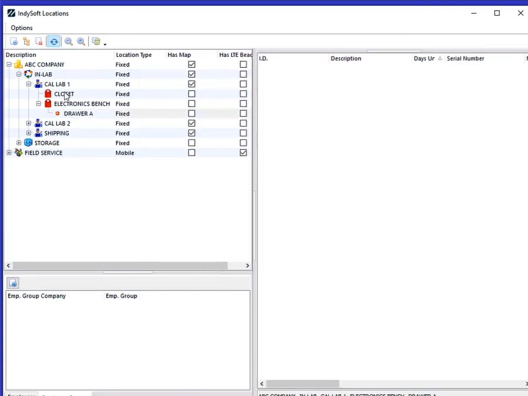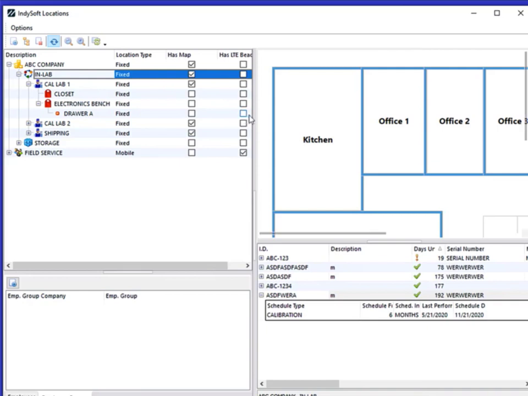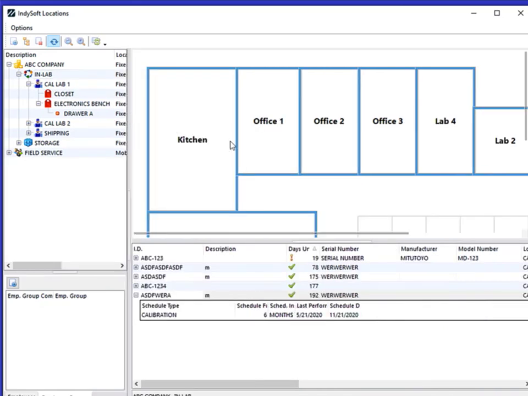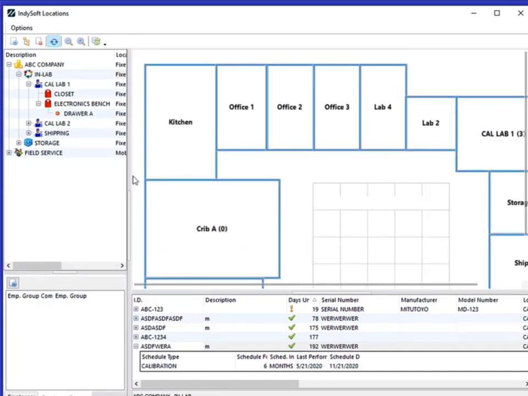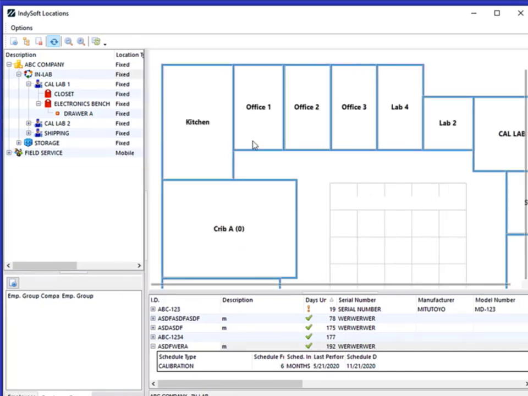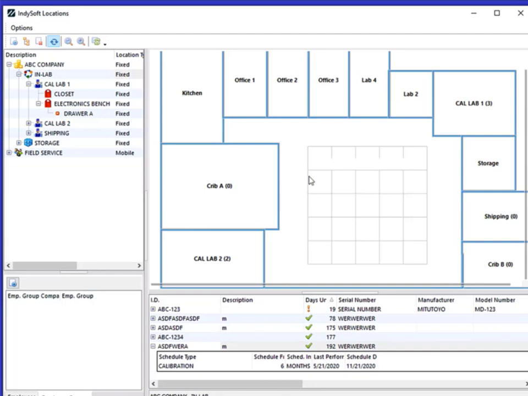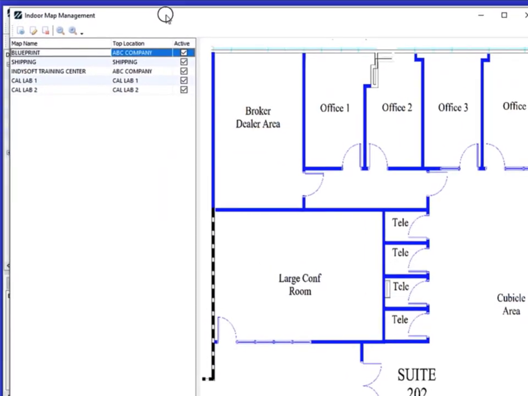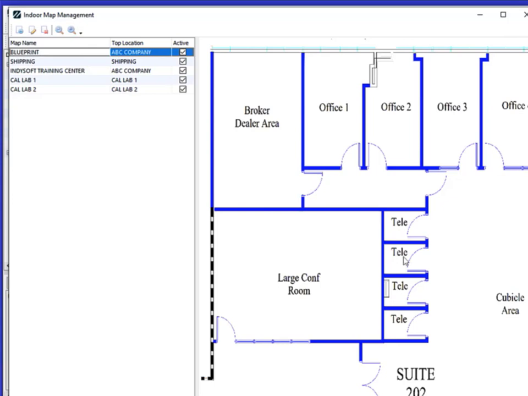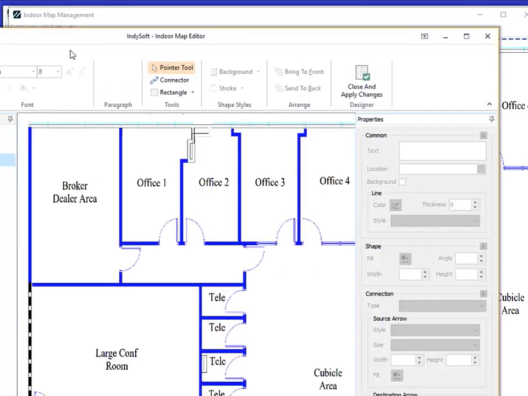So this is a really cool way of also visualizing your data. So with the new system, we have a map maker. So you can basically take your location. In this case, I've just took our blueprint here at our training center and made it into like a lab. And it's pretty neat how you do that. Let's show you. We have this thing called indoor map management. And you'll see here, this is just a blueprint that I took, and then I'll open it up here in